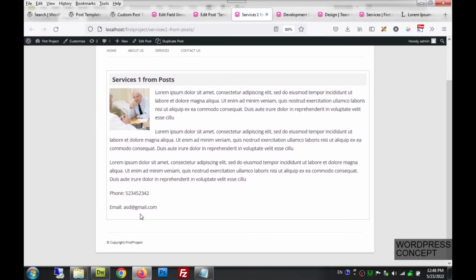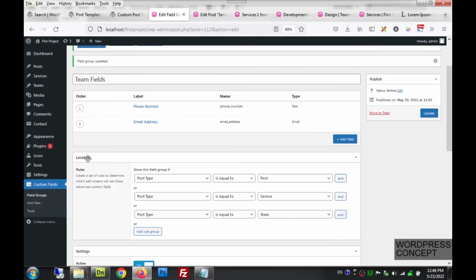That's it. So that is how we can manipulate or make changes to the single.php file. Now single.php is for the default post that comes with WordPress. We have actually made two more custom posts as well, and now we need to make the single pages for them. But for now, it's more important to make the single page for teams, because we have